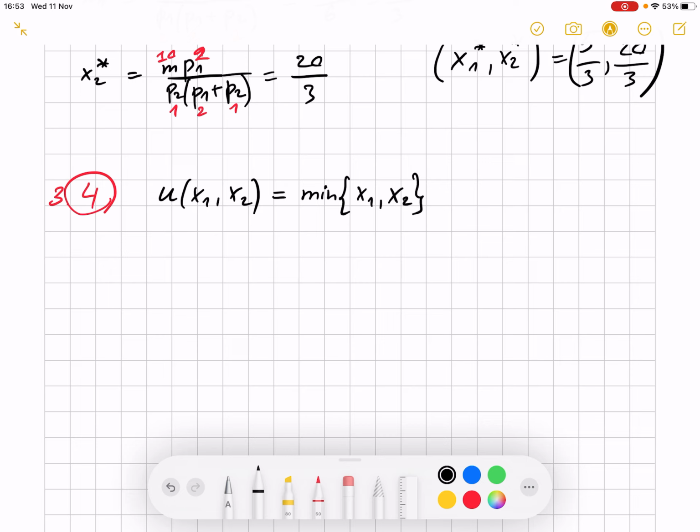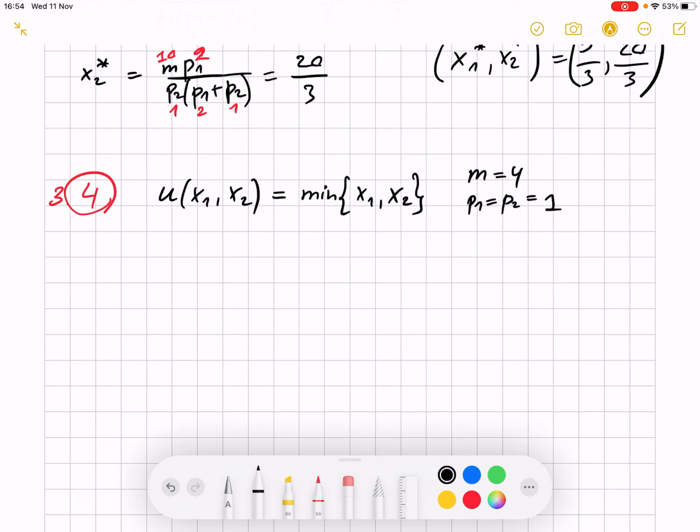If you memorized what properties they have, then you can compute everything more easily and you know how they look like. Okay, so that's our utility function, and we also know that income equals 4